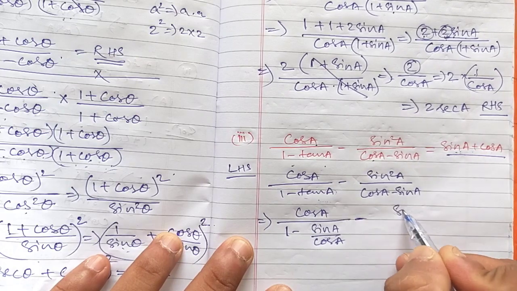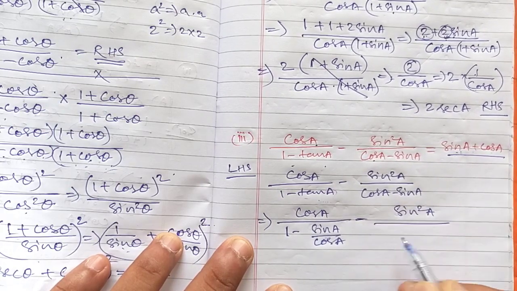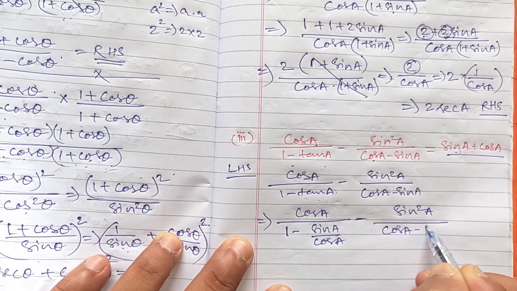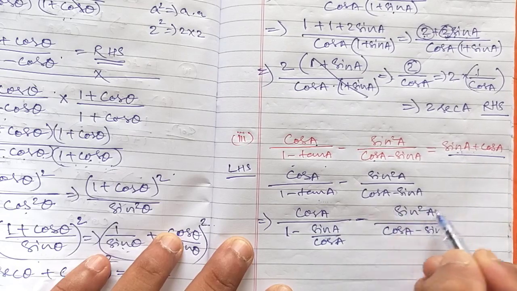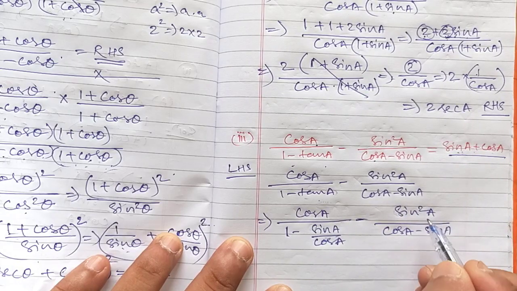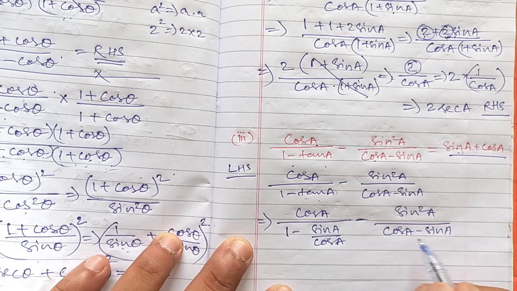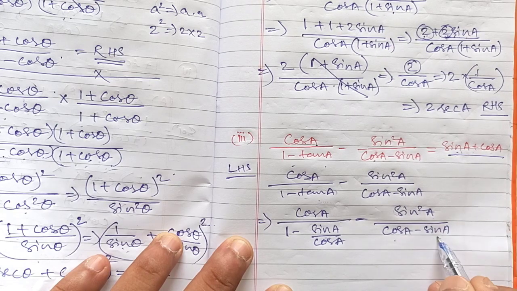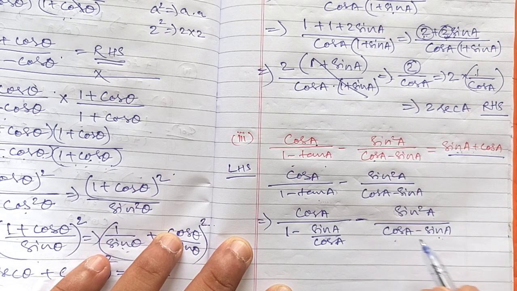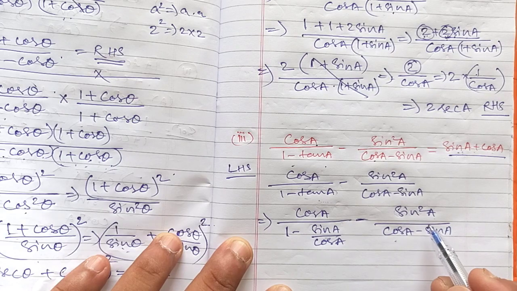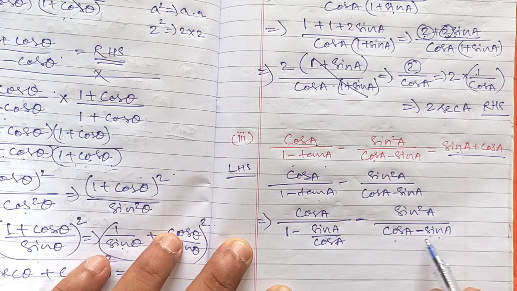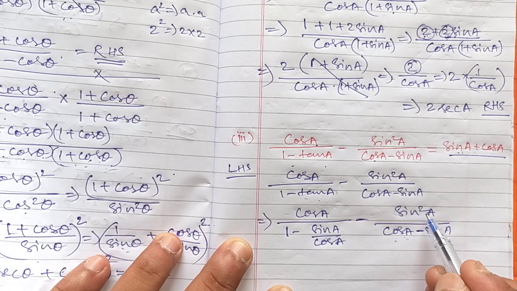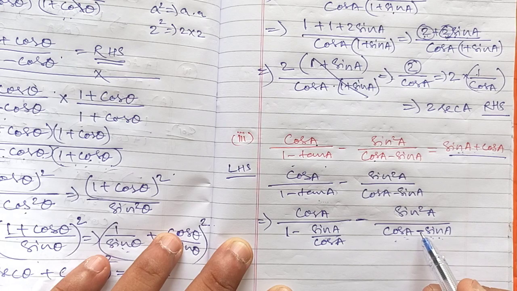Minus this will be as it is, cos A minus sin A. If I use any formula here, suppose sin square theta equals 1 minus cos square theta, there is no use, because in the denominator cos and sin are together. We won't be able to solve or cut. And remember, don't cut these two terms, because there is a minus sign with these two. If they are written with a multiplication sign, then you can cancel, but as there is a minus or plus sign, you won't be able to cancel these two terms, remember.